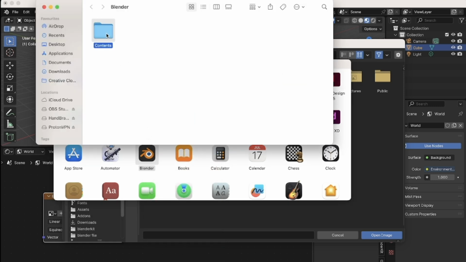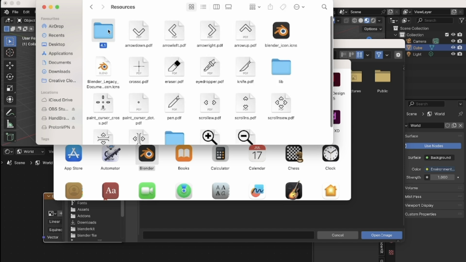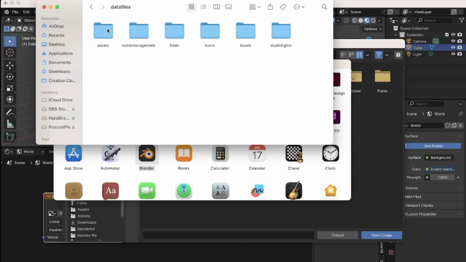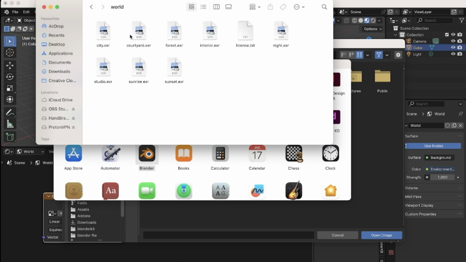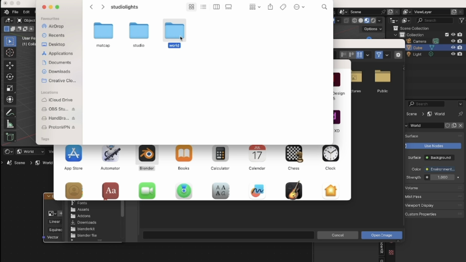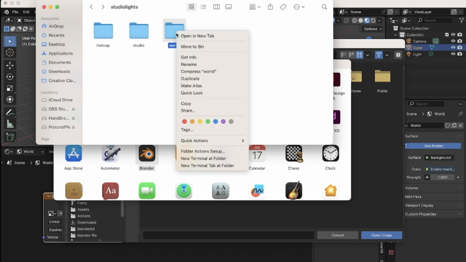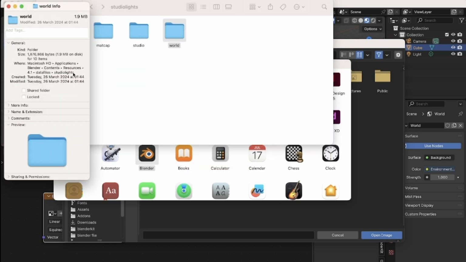Then over here in Contents, I'll go to Resources, I'll go to 4.1, I'll go to data files, and I'll go to Studio Lights, and then over here you have World, right? So this World, I would double click also to open Get Info. So I'll copy this link, this source, I'll copy it, and I'll come back